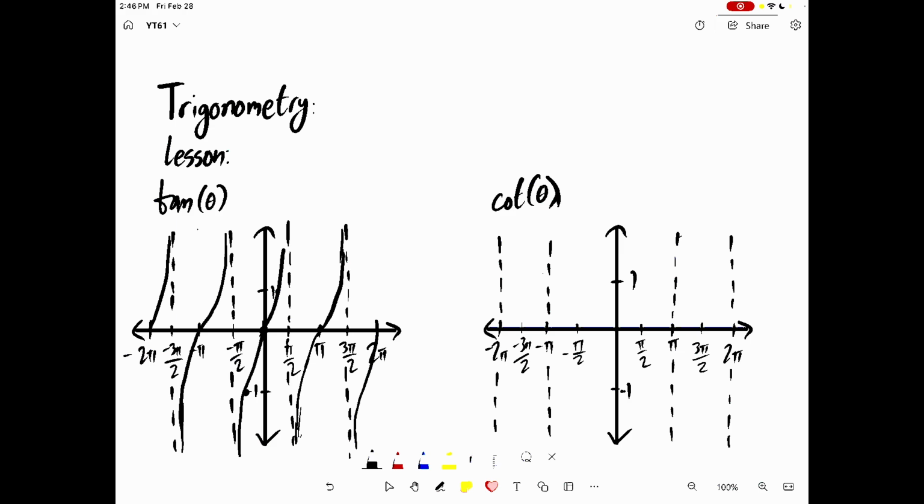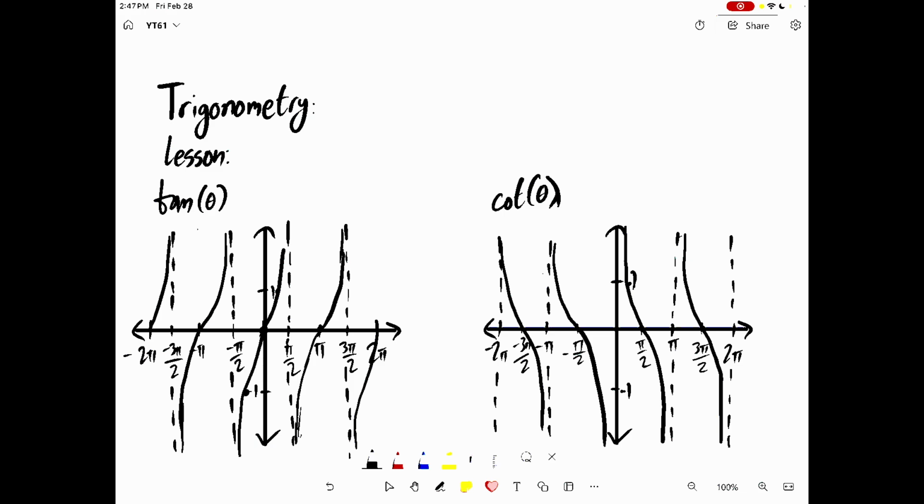Now let's graph everything. Cotangent of pi over 4 is equal to 1 actually. So we have that over here. Cotangent of 0 is infinity, and then cotangent of pi over 2 is 0. So the graph of cotangent over here would look something like this. And it would be the same thing at 3 pi over 2 and 2 pi, and in between that. And all we can do is we can just copy it down on the other side. So this is how the graph of cotangent of theta is going to look,